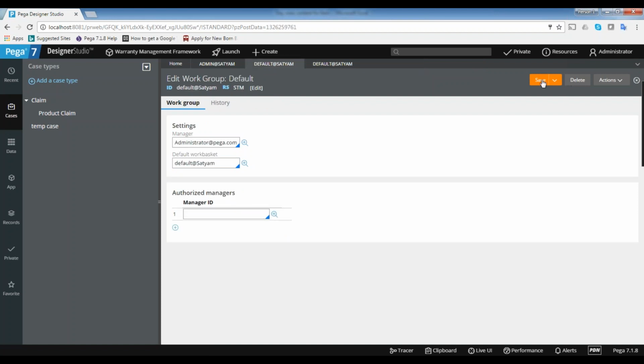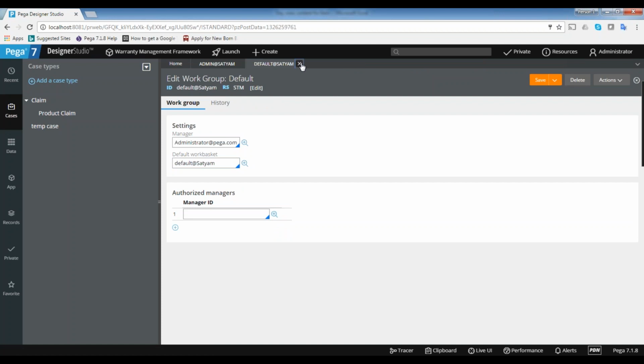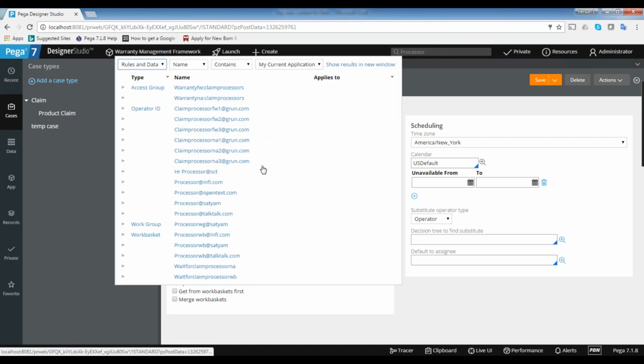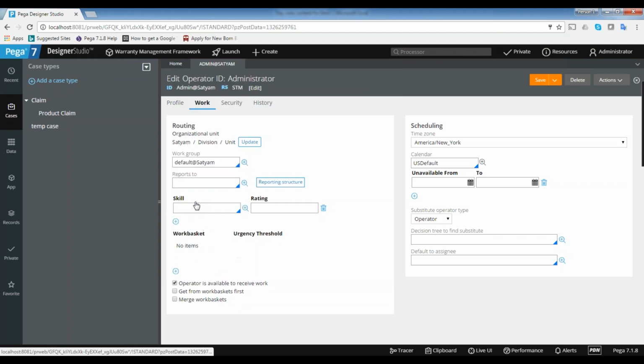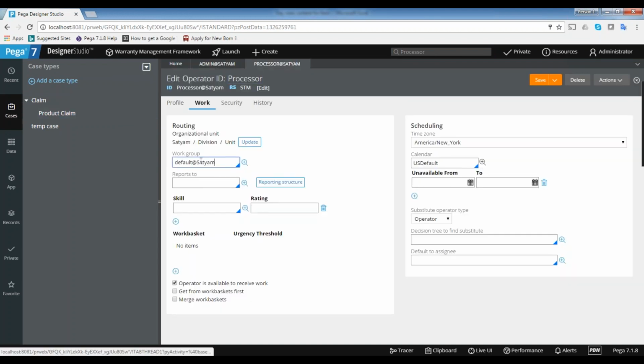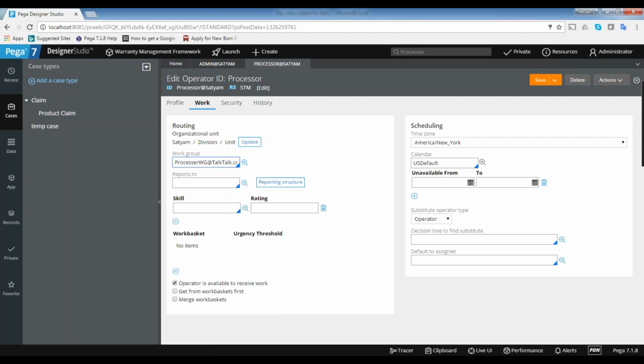Now I need to open the processor operator ID, and here I will change the work group to processor.